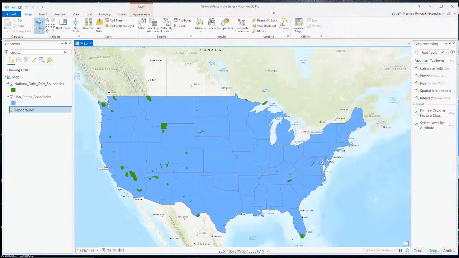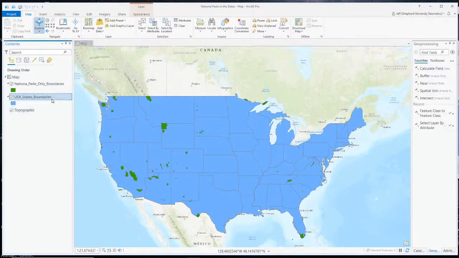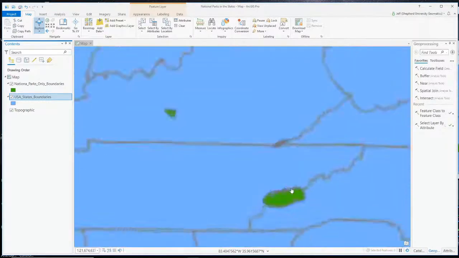And here's the map that we were working on last time. We got these two data layers. We got the layer for the United States state boundaries, and a layer that has just national park boundaries. And so one thing we'll notice is some of these parks,